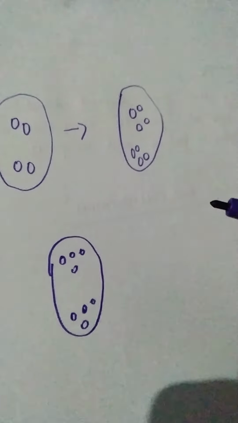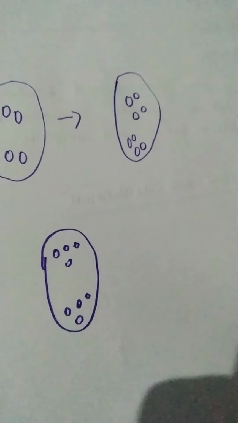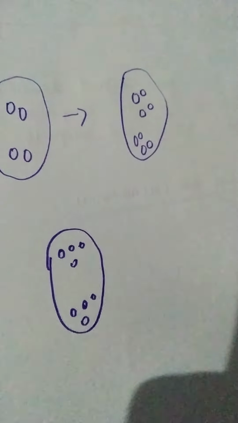Then the third division gives rise to an 8 nucleate state, and then the central nuclei form in the center,